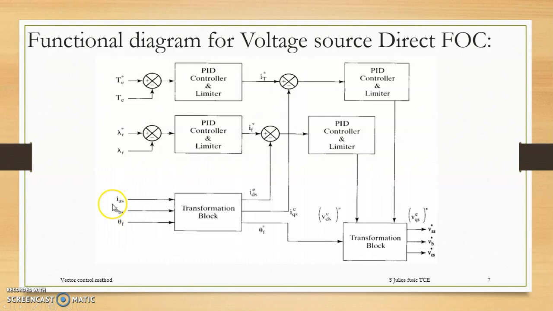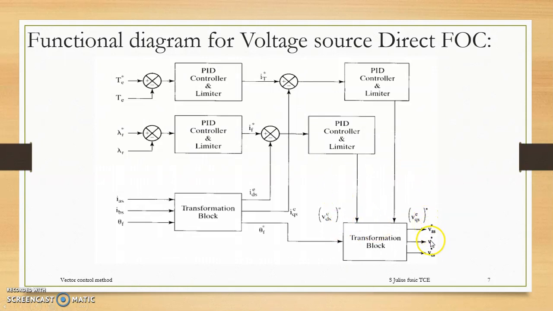which is ABC and theta, that is, we already know the Clarke transformation, alpha and beta. Like that, the transformation will be there, which is compared with your real-time generating parameters, and again the PID controller will limit the parameter and amplify the signal to your final transformation block. In the final transformation block, your D and Q parameters will be converted into ABC parameters, which is the last step of your FOC, where the 2-axis signal is synthesized into a 3-axis signal.